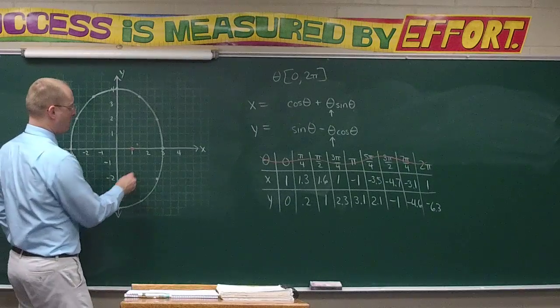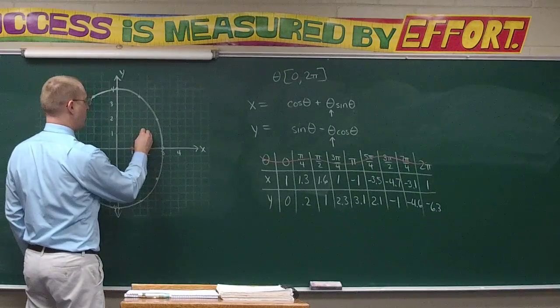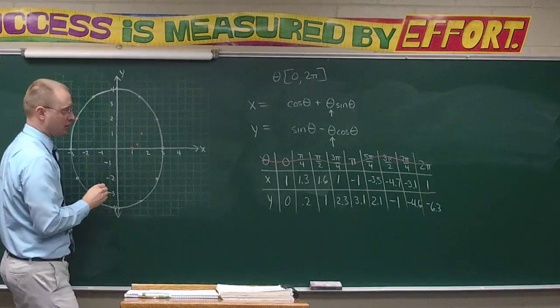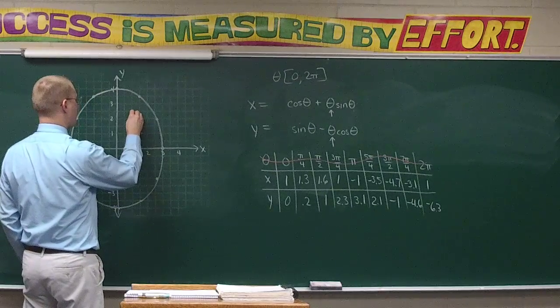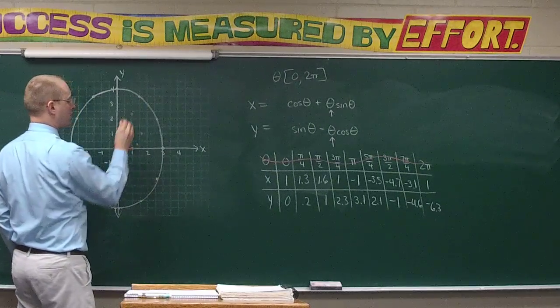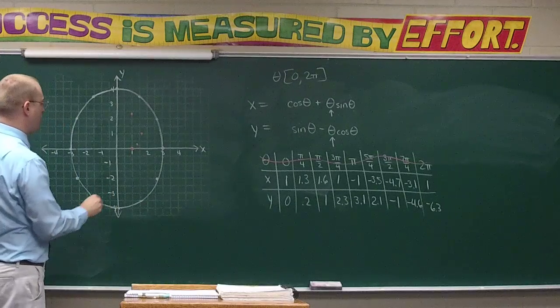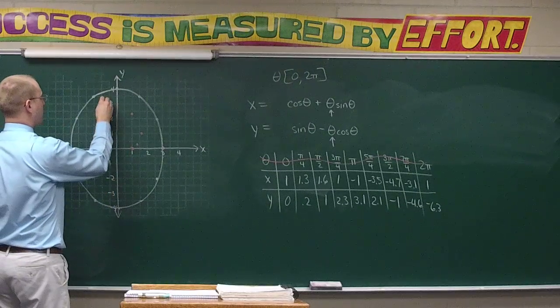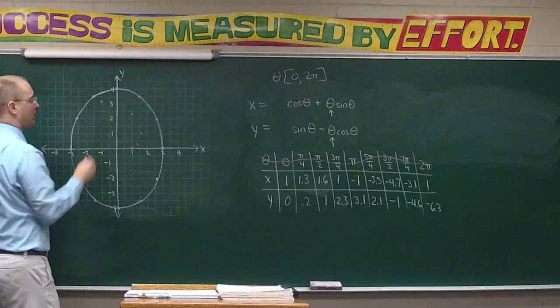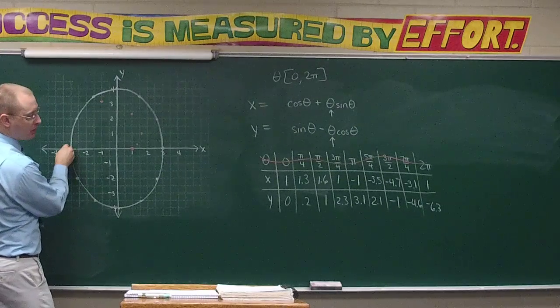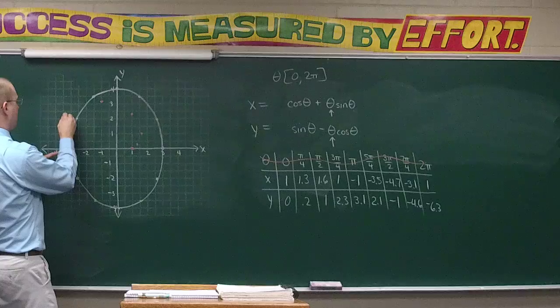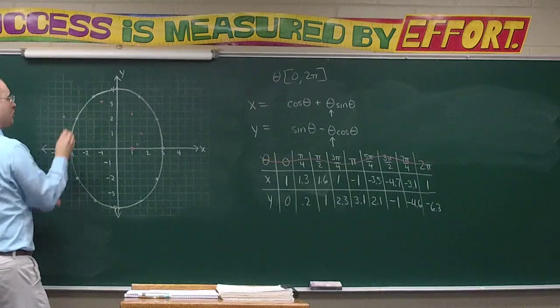Then we've got 1.6, 1, 2.3, negative 1, 3.1, negative 3.5, 2.1,